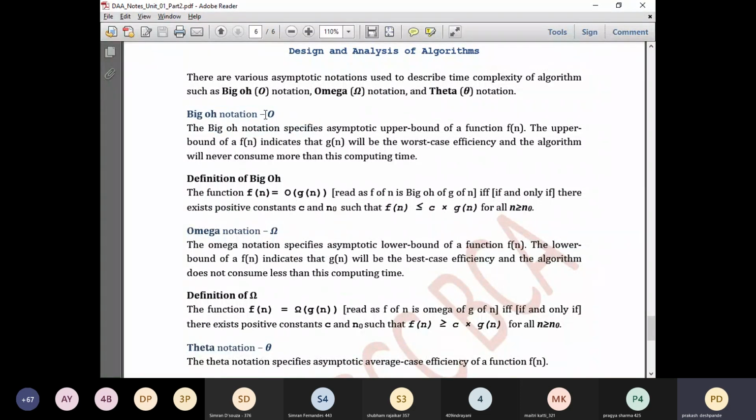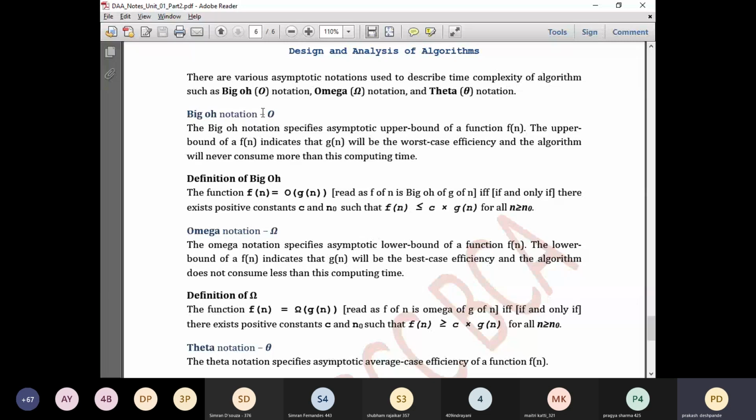Big O indicates the worst case of a particular algorithm with respect to its time complexity. Big O notation indicates the upper bound. Upper bound means it is a value of the time complexity beyond which it will never consume more time. By that particular time, the algorithm will definitely give us a result. The algorithm will not take more than that particular time, right? That we represent as big O.